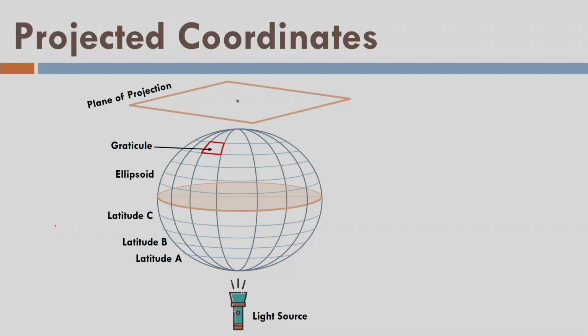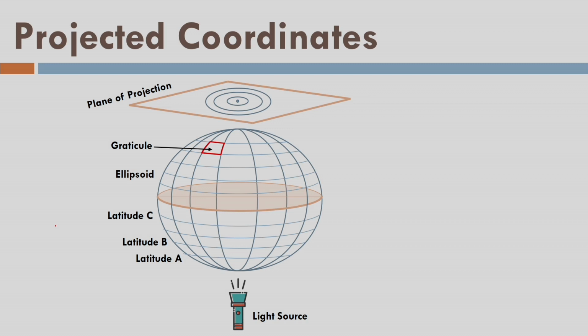So since the light is exactly below the south pole, it will appear as a dot like this, shown in the figure on the plane of projection. Okay, the next, that is parallel to latitude, will appear like that, a circle, because it's a kind of circle here and light is projecting on this. Third, latitude B, latitude C. Now I have projected, and maybe an ellipse, I can also show the equator.